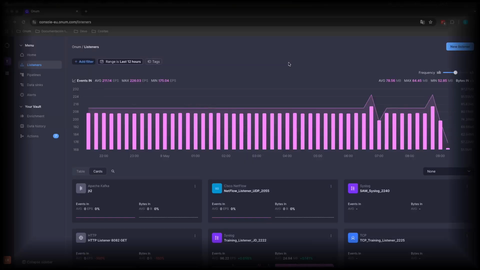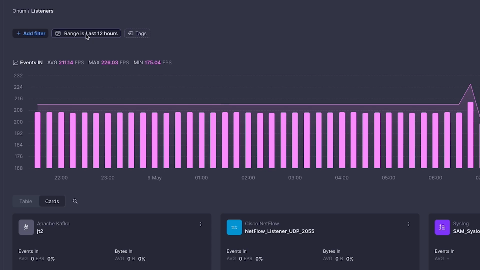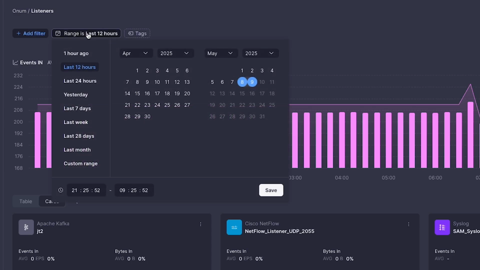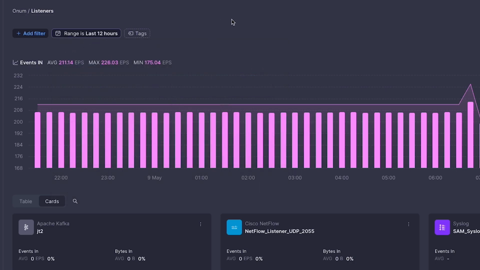When we go to the Listeners tab, the first thing we see is again the time filter. In this case, it allows us to select the time range we want to consider. However, the information it shows here is slightly different from what we saw in the main tab. As we'll recall, listeners are the entry point into Onum, so in this tab, we see the number of events